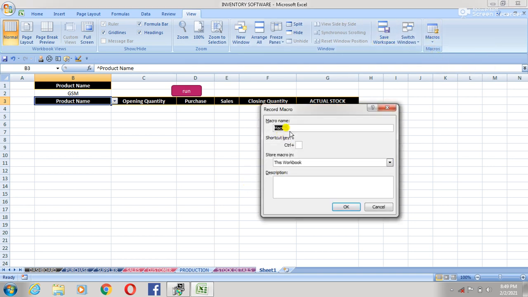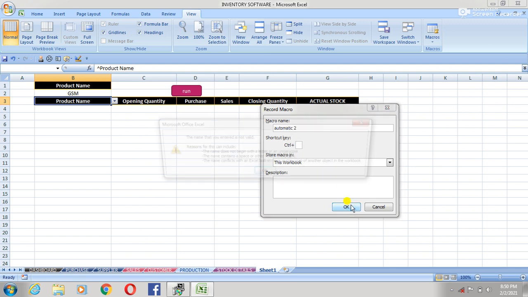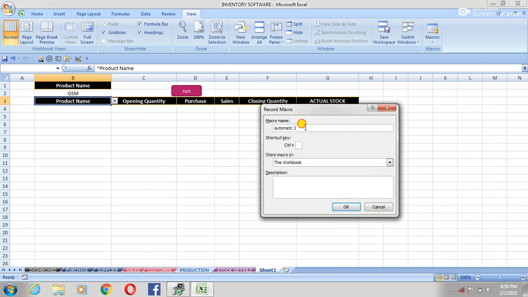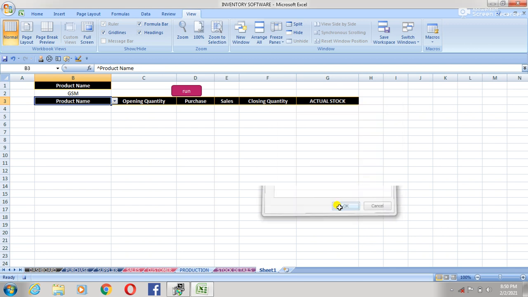Give the name Automatic 2, or as per your requirement.